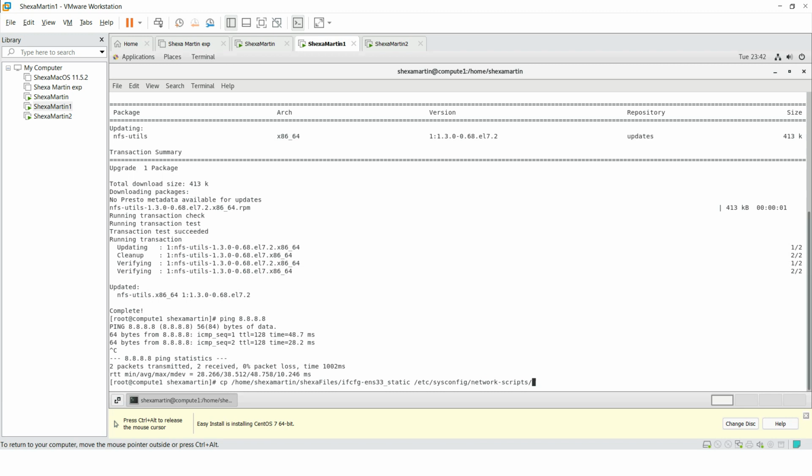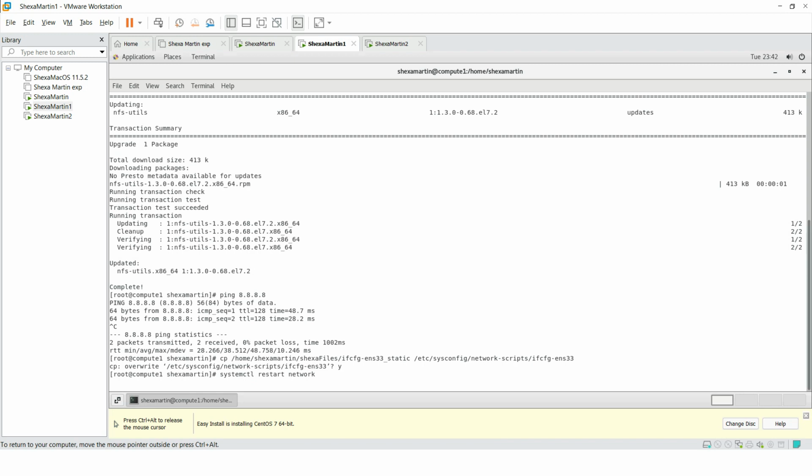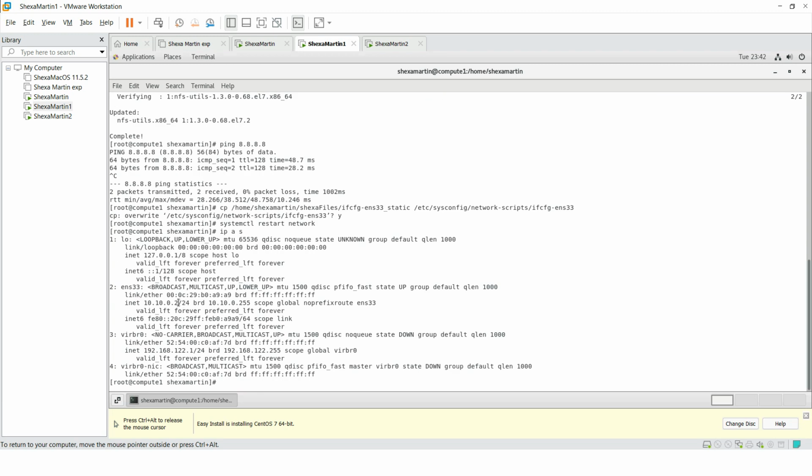Network scripts ifconfig ens3, and then we replace, yes. Systemctl restart network. Right, we must now have a static IP address. Yes, it's now there. Right, so we have installed